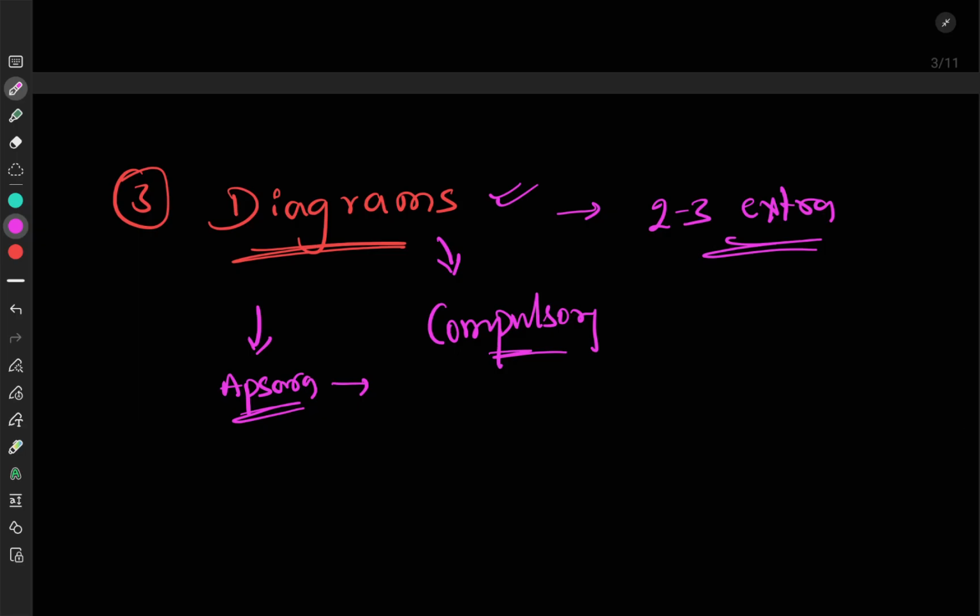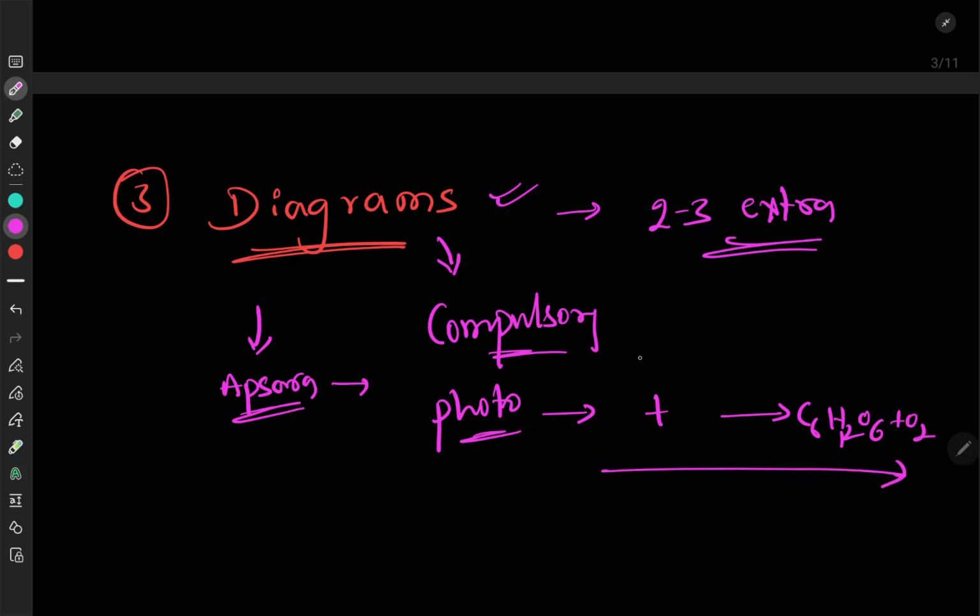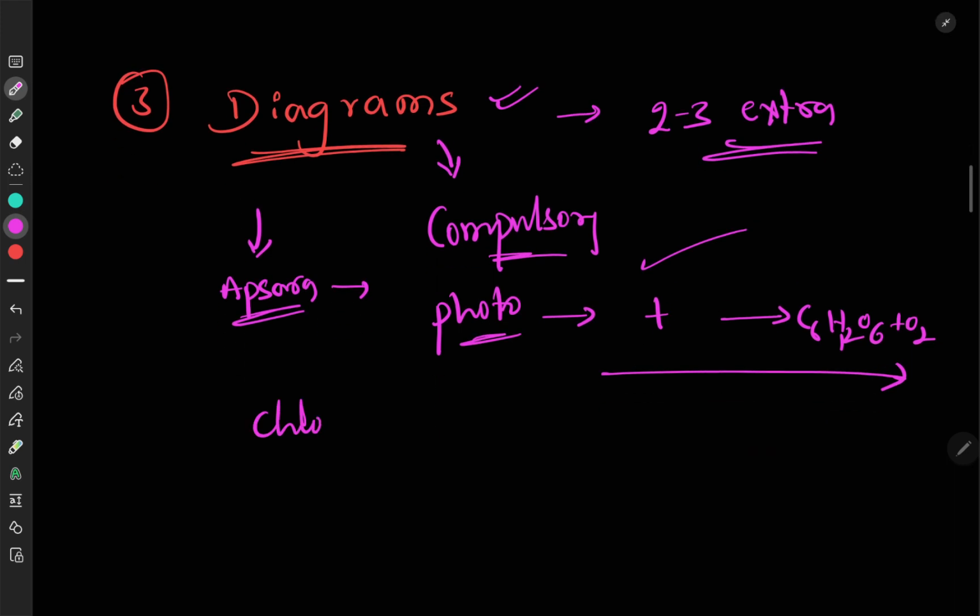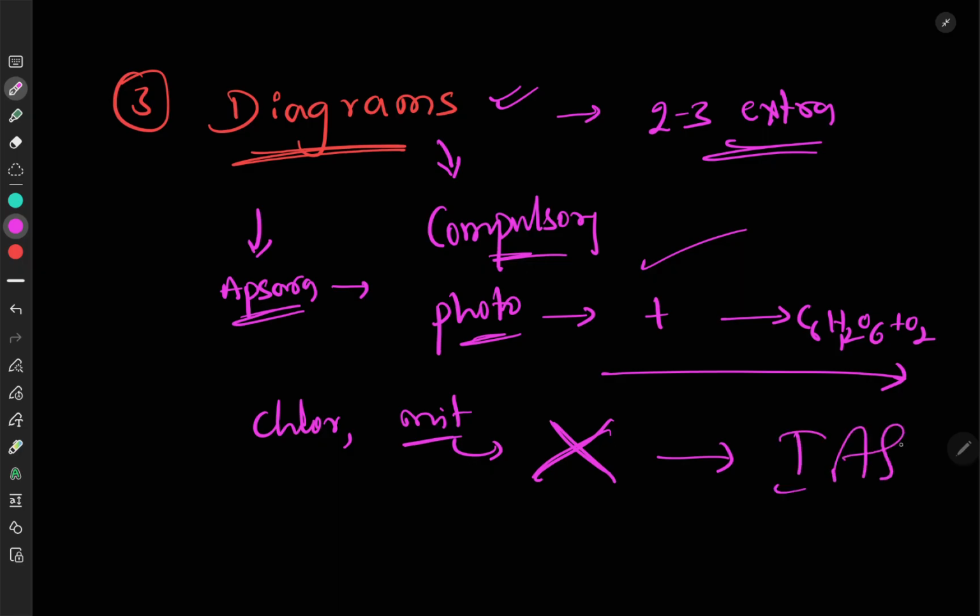So suppose the question is on photosynthesis. Instead of writing the entire process, you just write the equation which leads to the formation of C6H12O6 plus oxygen. If you write the entire equation, that itself conveys the entire process of photosynthesis. Same way with the chloroplast and mitochondria in paper 2. If the examiner asks a question about mitochondria and you have not drawn the diagram, then definitely you won't get the extra marks. To get that extra marks and reach the rank of IAS, you need those diagrams in your notes,